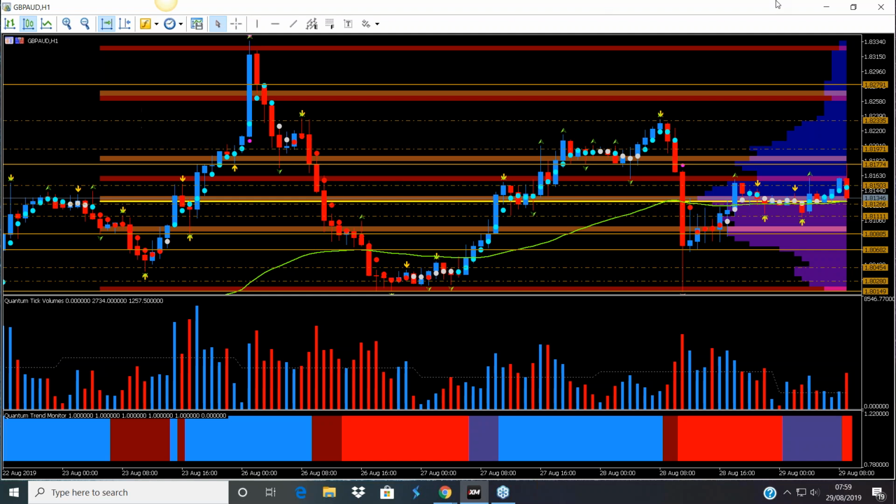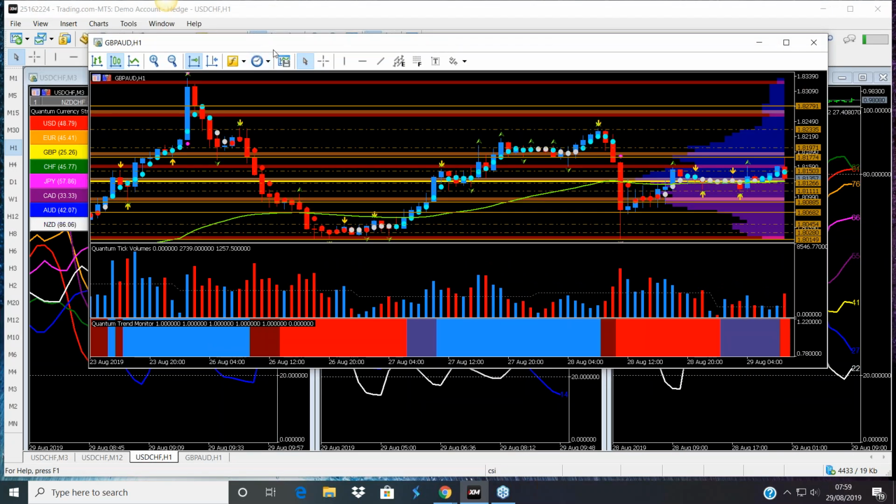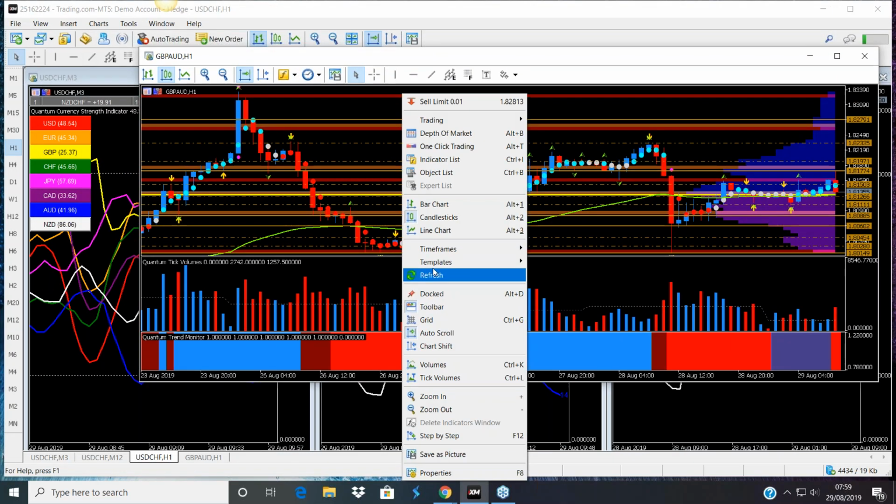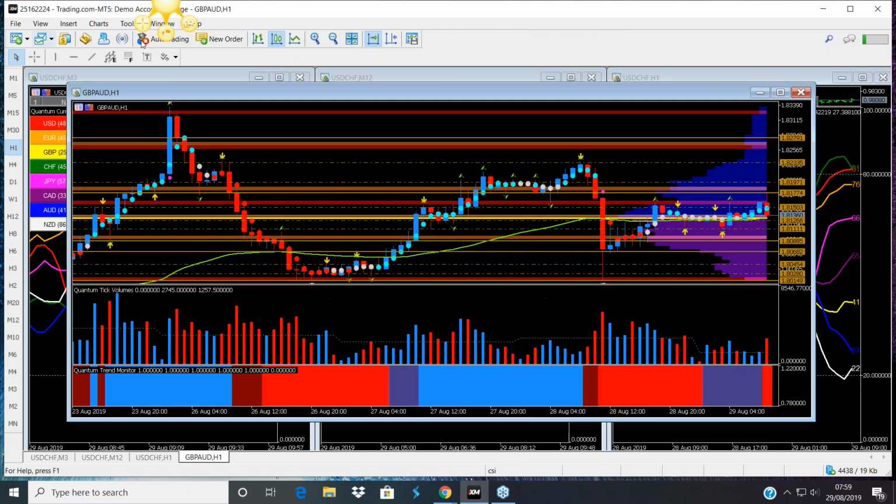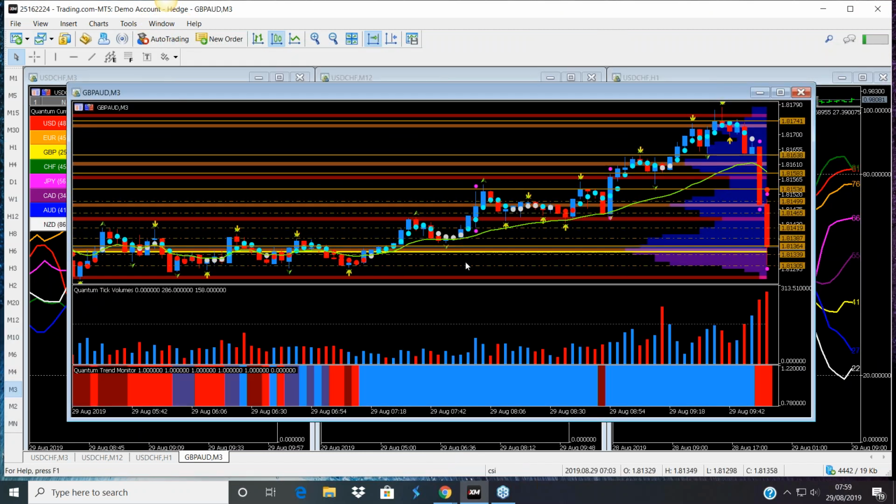Let's just go back to the 3-minute chart. Let's undock this quickly. There we are, and let's move this to the 3-minute chart. Right, this was the move from this morning. This goes right back here. This was within the spread of the volatility candle, but this is the move higher in the pound Aussie, and we're talking a move about